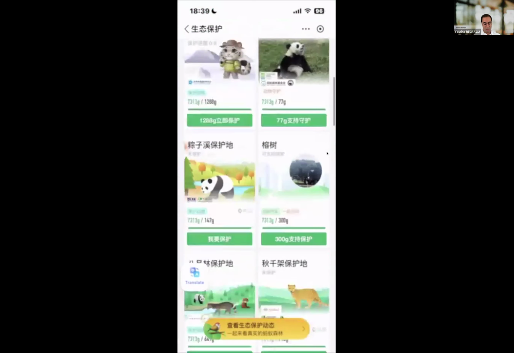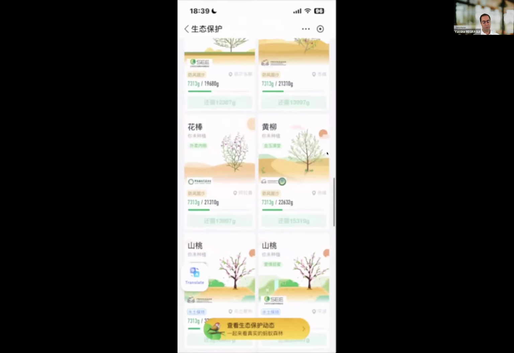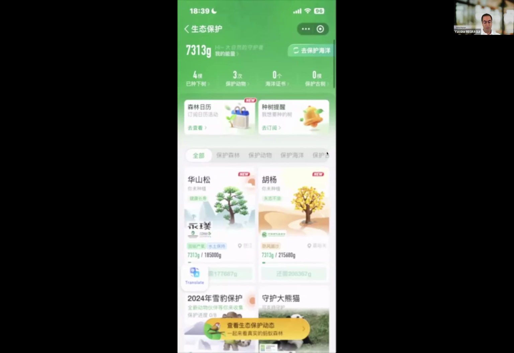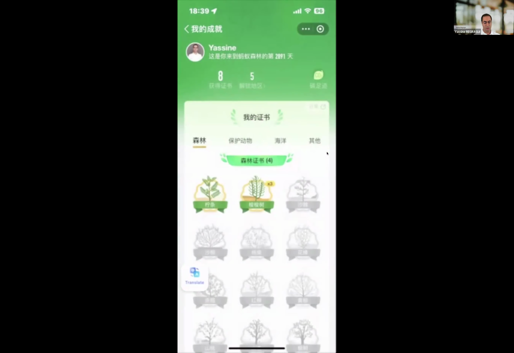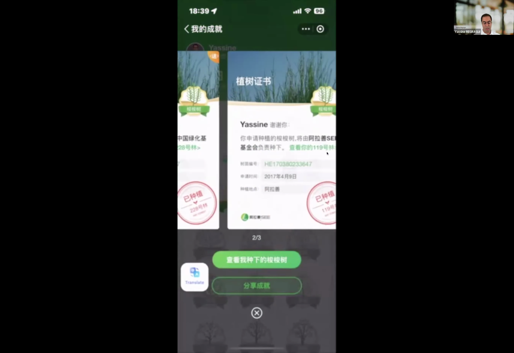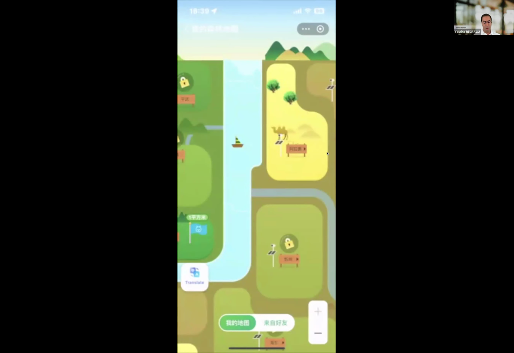And once I reach, for example, I will show you one specific, the one on the top left that is written 21,310 grams, it will mean that a real tree will be planted in China by a partner, by an association. Just to show you, I could plant several trees. Here I have access to the certificates,